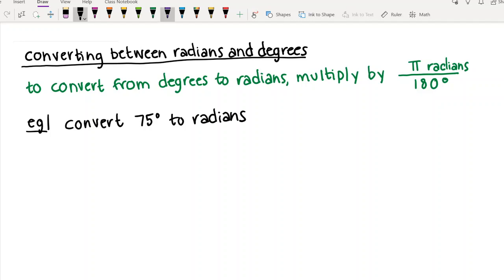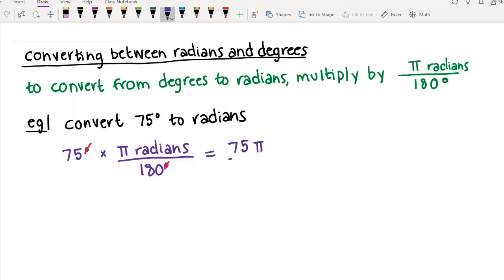So how would you do that? You could say 75 degrees times pi radians over 180 degrees. The degree symbol is going to cancel out here, since you have the same unit in the numerator and the denominator, and we're going to be left with radians. So specifically, we'll be left with 75 pi over